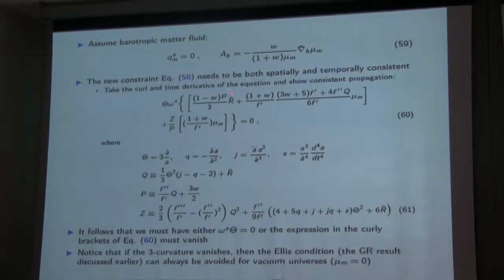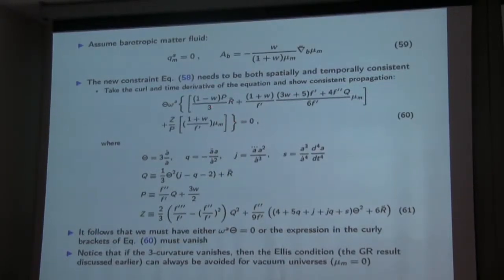Now, if we look at this term here, one of the earliest results one can comment on just by looking at this is that the Ellis condition we just mentioned does not necessarily hold, provided that this term here is non-zero. Provided that this term here is 0, rather. Because if this and these 2 terms are multiplied by 0, we can get a 0. So that doesn't necessarily mean that we don't have a universe that does not expand and rotate at the same